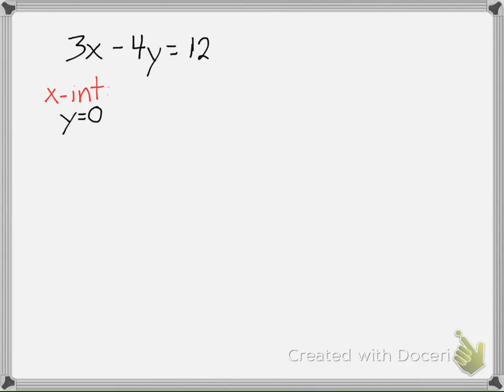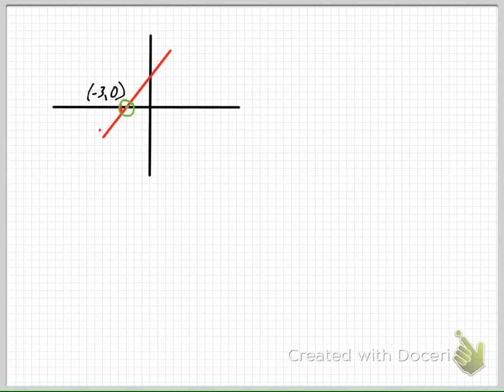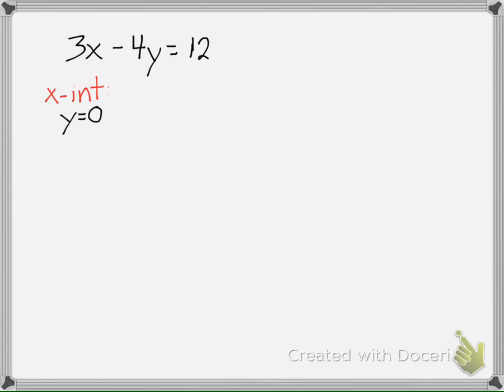And we talked about the reason why that's true is if you look, anywhere it crosses the x-axis, is it going to be above the x-axis? No. So my y value can't be positive. Is it going to be below the x-axis? No. So my y value can't be negative. It's got to be on the axis, and since it's not above or below, that means its y value, which determines its height, is 0, right? Always, always, every single time, right? So if I am looking for the x-intercept, the easiest way to find the x-intercept is to make my y